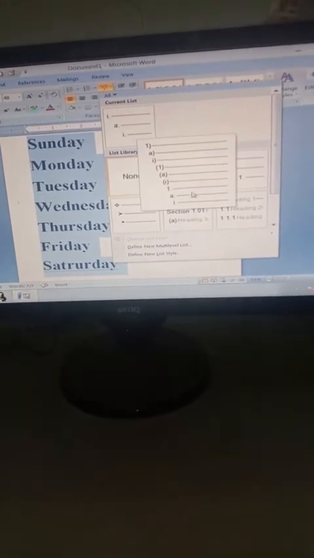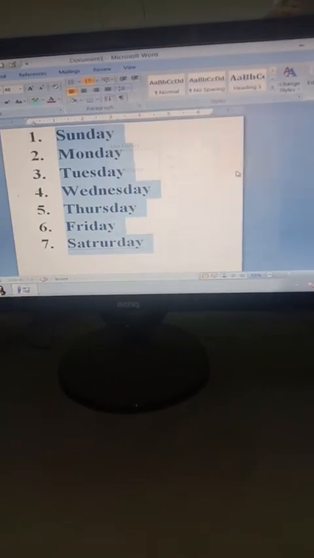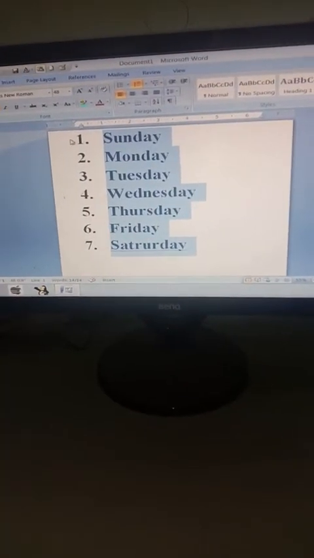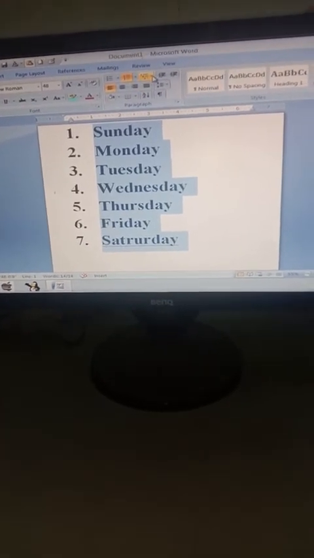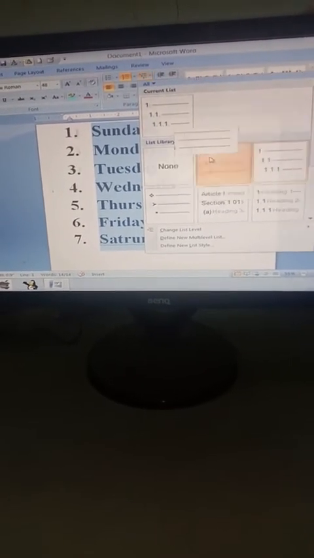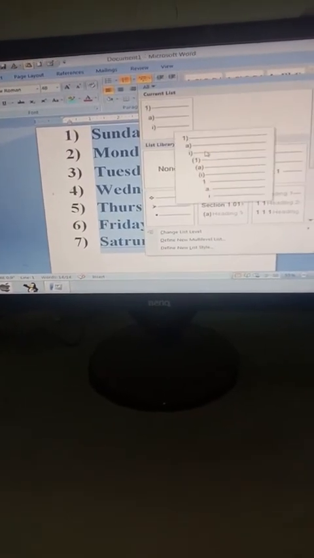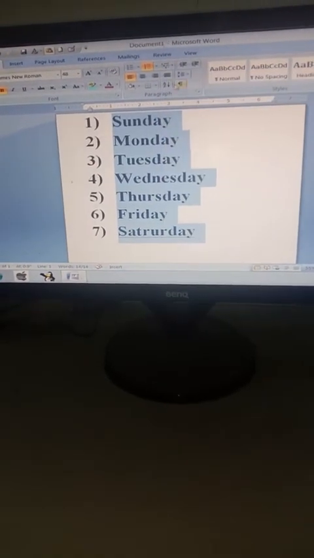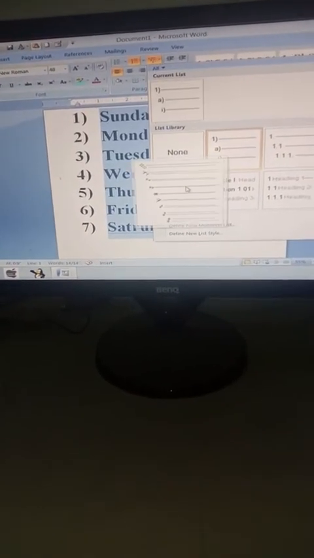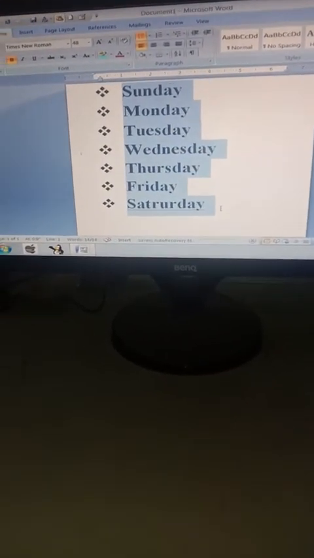First of all, we will apply the multi-level list. Like suppose I left click over here. As soon as I left click over here, look, a multi-level list of this type has appeared. Now if I change it from this to this, look, a multi-level of this type has appeared. If I select from these to this, now if I again change the multi-level list from these to this, remember this type of multi-level list appears over here.